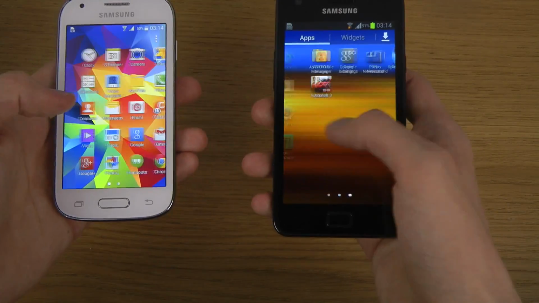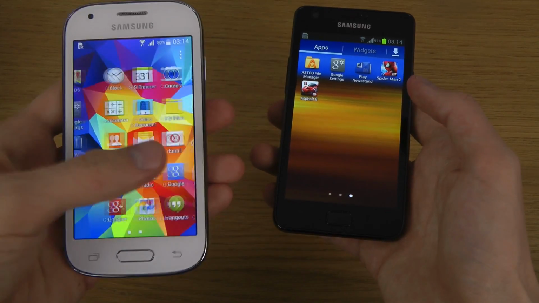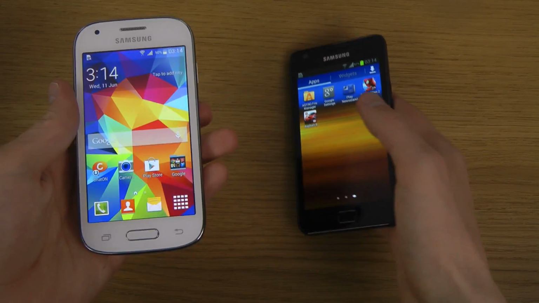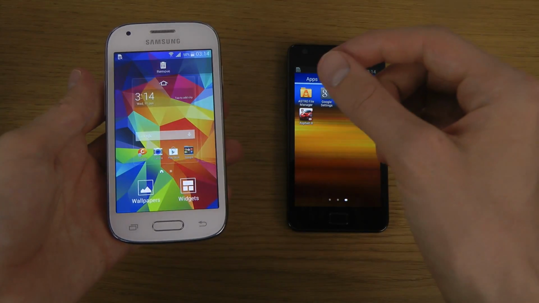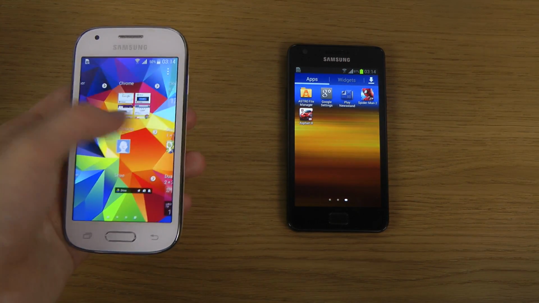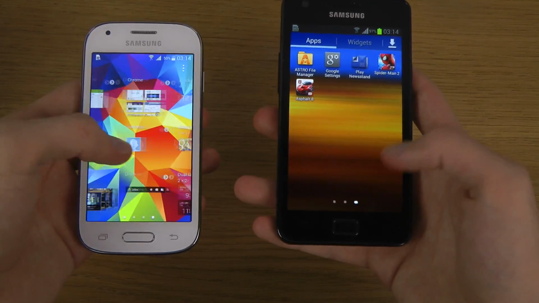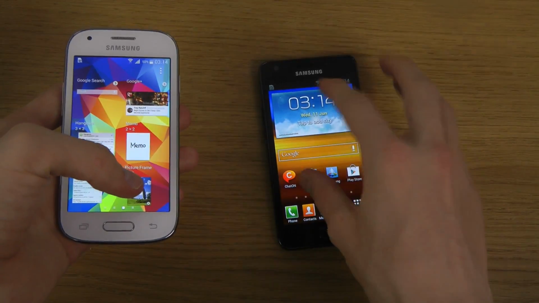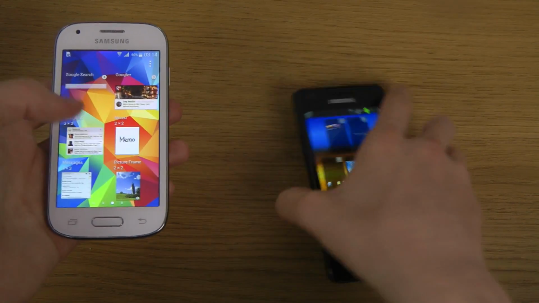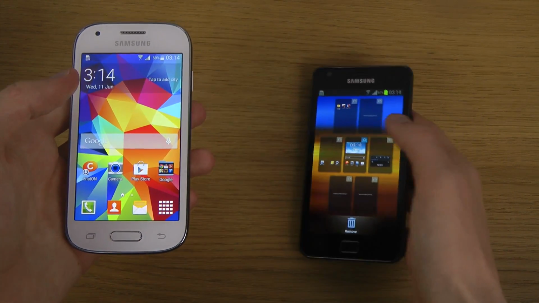You can see the differences in the app drawer. Here they have removed this widget section and moved it to another place, and that is when you do it like this. You have widget options down here, and then you will be able to pick between them. Now if you're trying to do the same thing here, you can see that it doesn't have that option. It only has options to arrange the home screens,